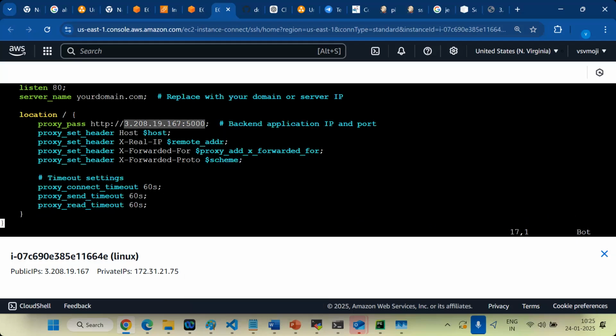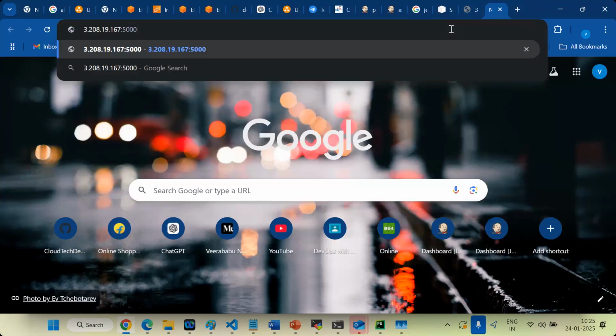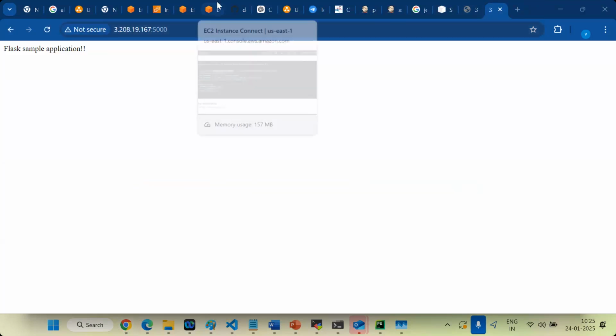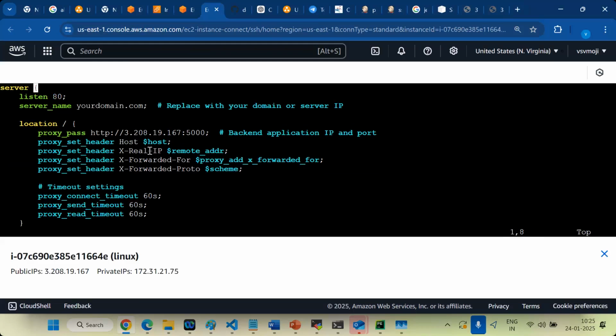Copy. Okay, this is working, but the reverse proxy. 208.19.